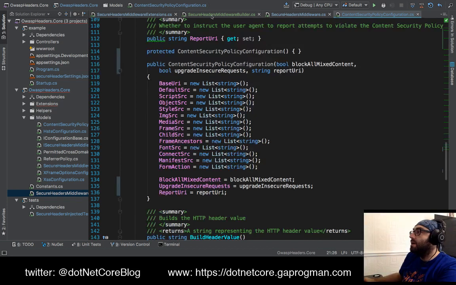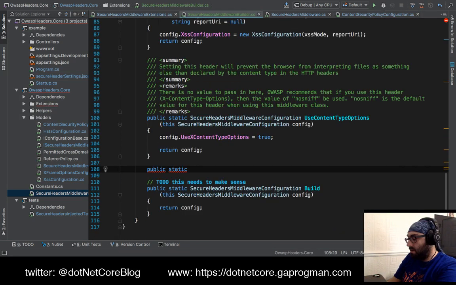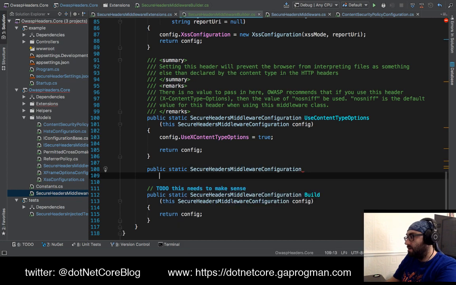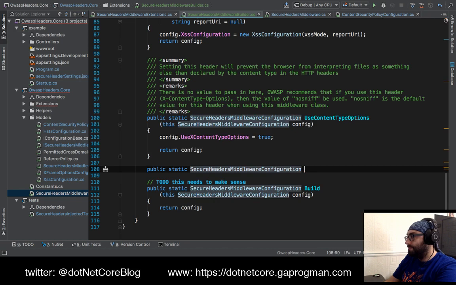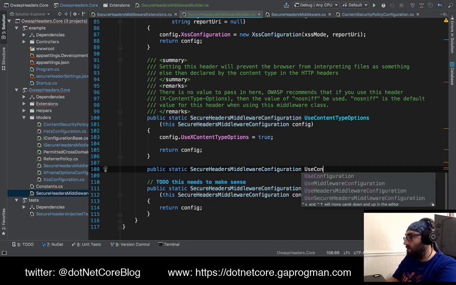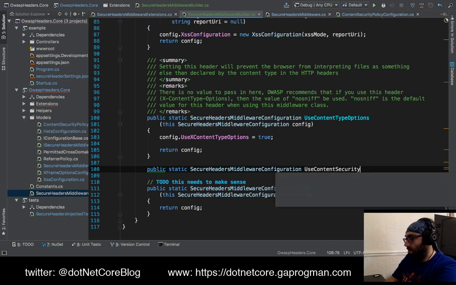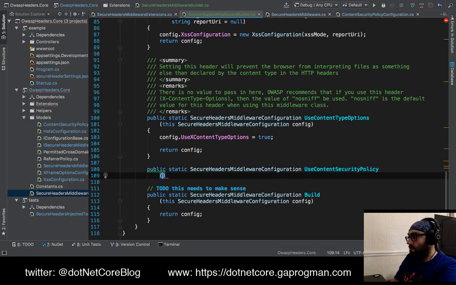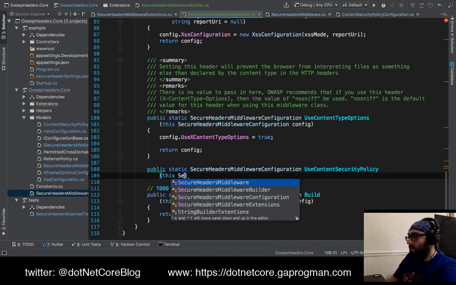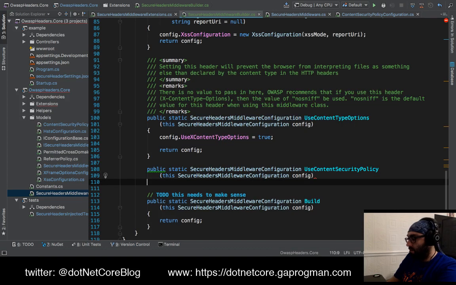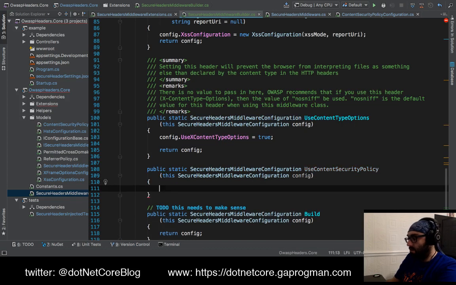Right, okay. Public secure headers middleware configuration. Use content security policy. We're still going to do the same as this. Secure headers middleware configuration config. We're going to return the config,